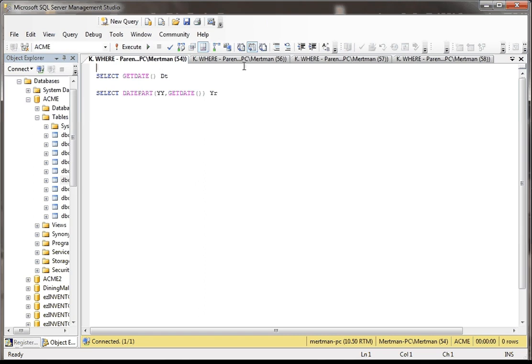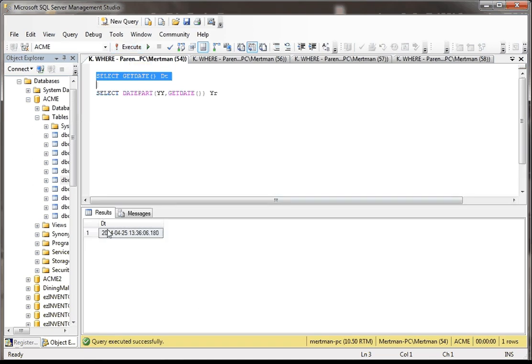But before we get started, I just wanted to show you something we'll be using. The getDate function does exactly what it looks like. It gets the current date time from the machine, the server, the machine that SQL Server is running on. So today happens to be April 25th, 2014. What I want to do in subsequent